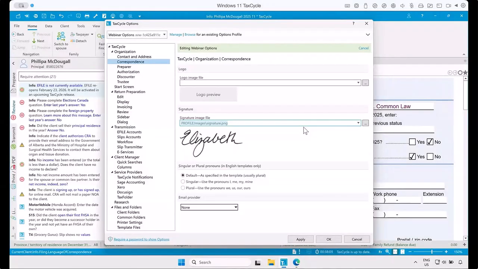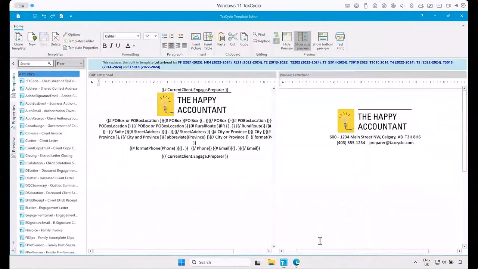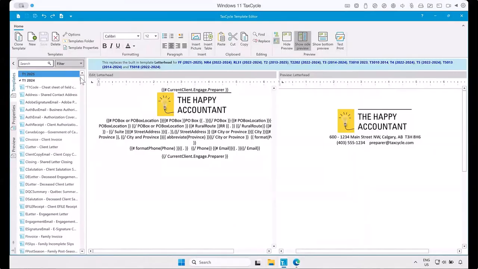I will say that the one challenge I have found with the logo files is sometimes people have a very high resolution file. There's no options here to allow you to define the size of it right within this window. So whenever anybody runs into trouble with this, I usually let them go straight into their template editor and edit what's called the letterhead template. So just to get you in here,